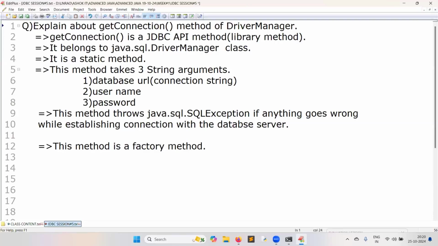Reason is it produces a connection object. It gives the program a connection object. A method that returns the reference of an object is called a factory method. Okay. So these many things, please.